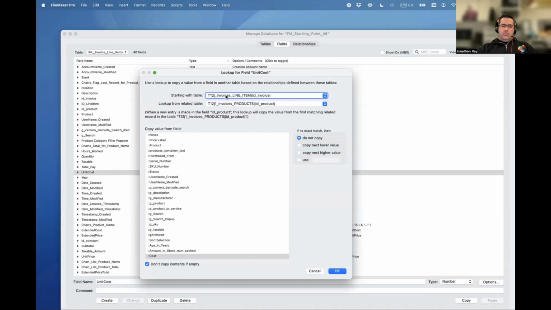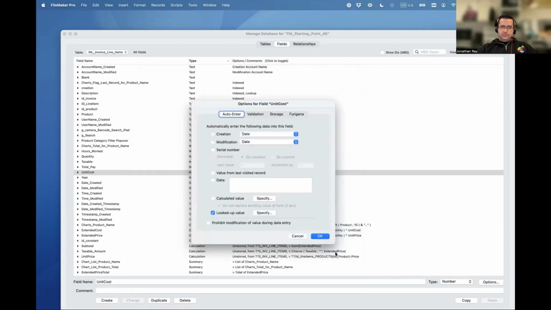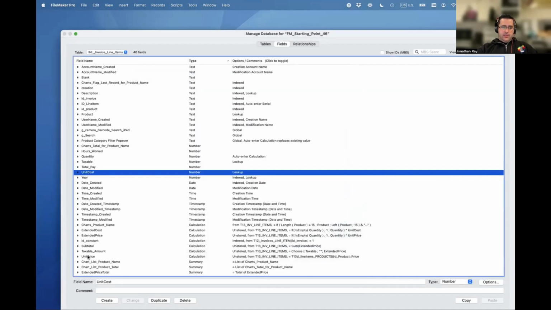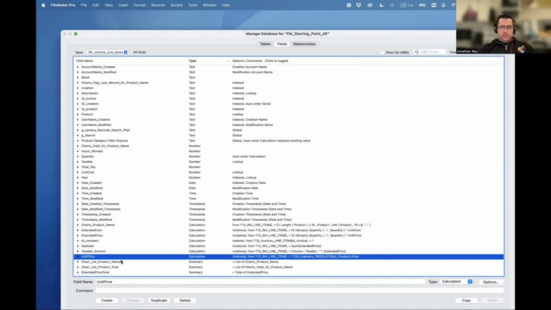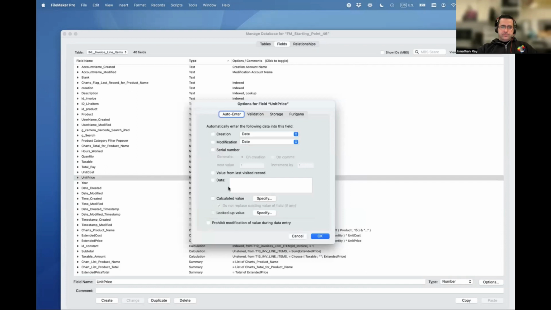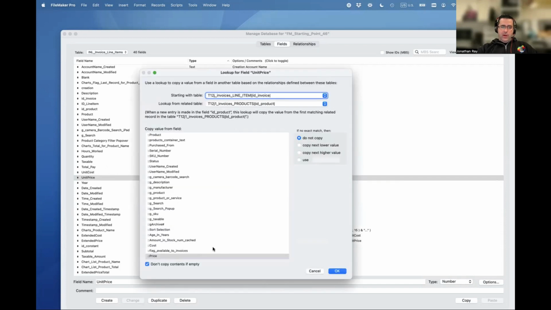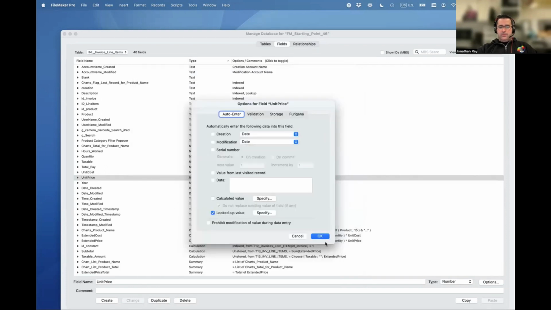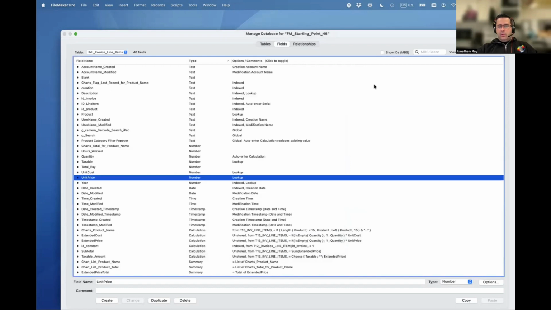Now, in invoices, I'm looking at this product through the product ID and grabbing the cost, okay? And the same thing for unit price, Command N. And I'm going to make this a lookup. Same thing, I'm grabbing the price from products, okay? Now, when I hit OK,